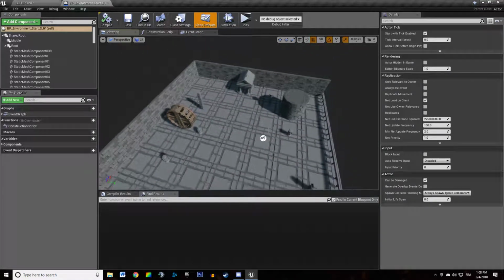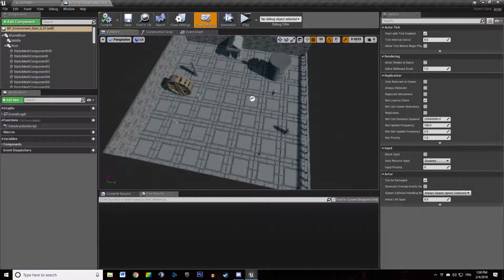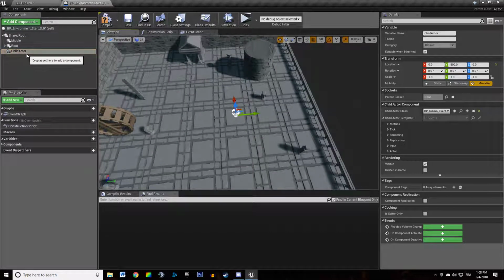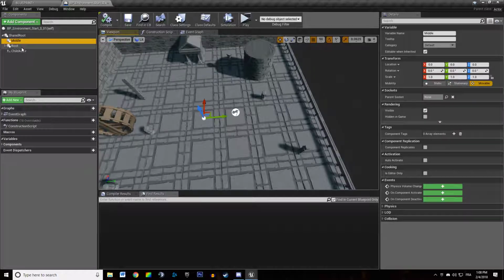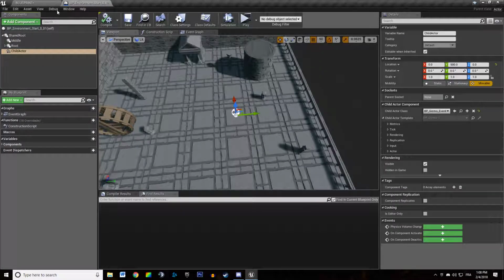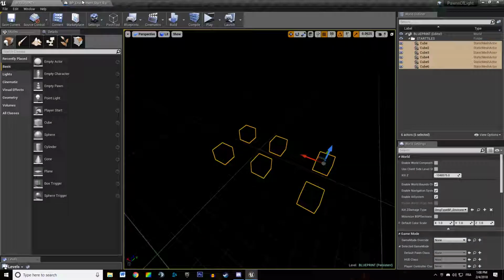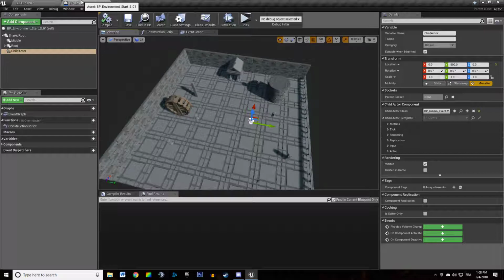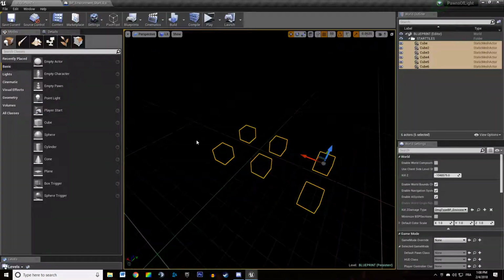So once you build the blueprint, you need to get the gizmos and add them. But I suggest you not to actually add the gizmo there, because if you rebuild your blueprint, you're going to rebuild the blueprint from scratch, and you're going to delete that old environment blueprint of yours to have your new version